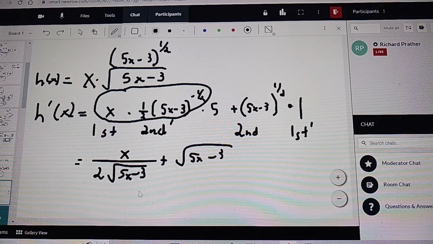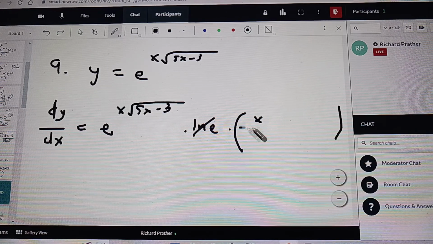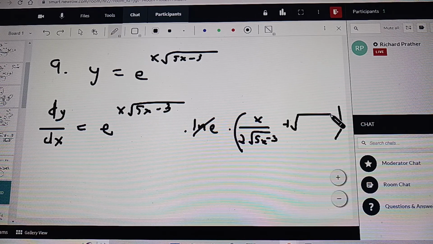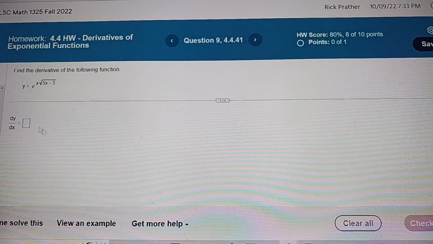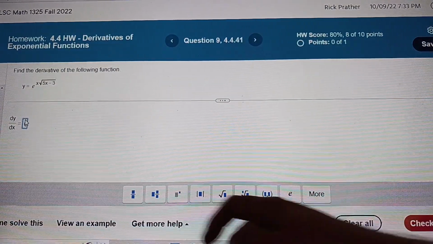So x over 2 square root of 5x minus 3 plus the square root of 5x minus 3. And of course, you don't have to write the square roots. You could leave them as 1/2 powers. You could even leave a negative 1/2 power in an answer. So this is another example of one where there are multiple ways to write the final answer. And then I could move all this to the front if I want to put the exponential in the back too. So let's try that and put